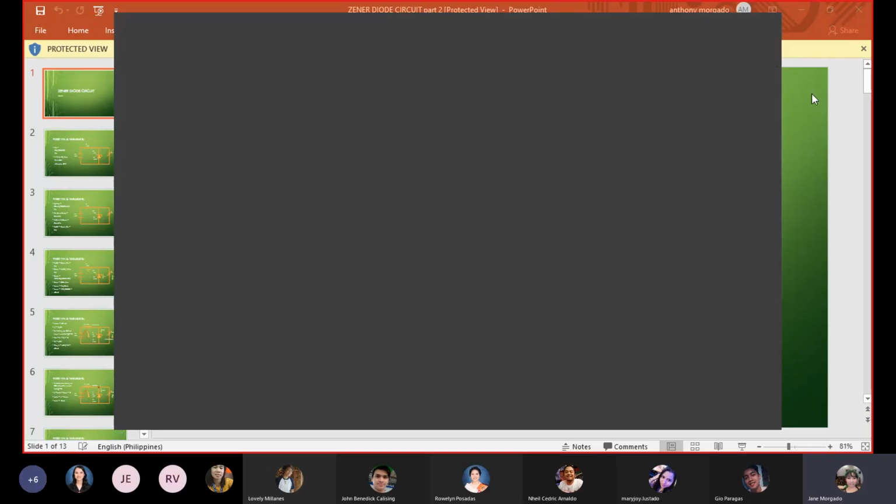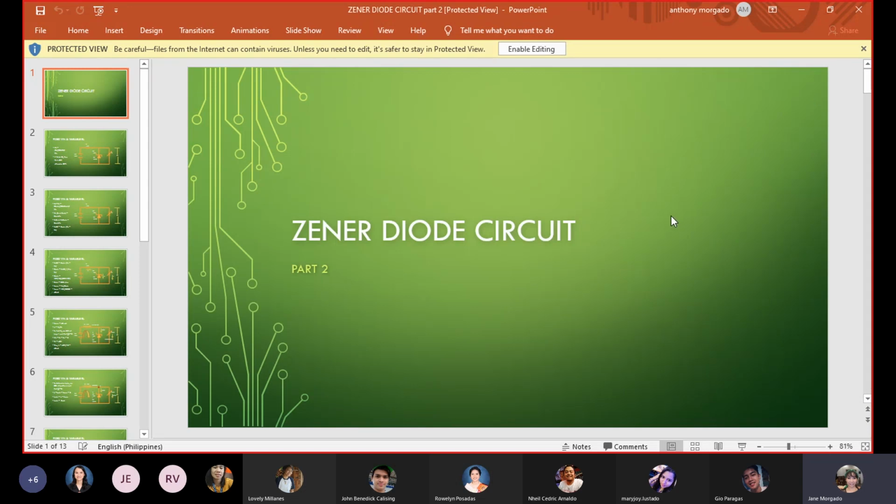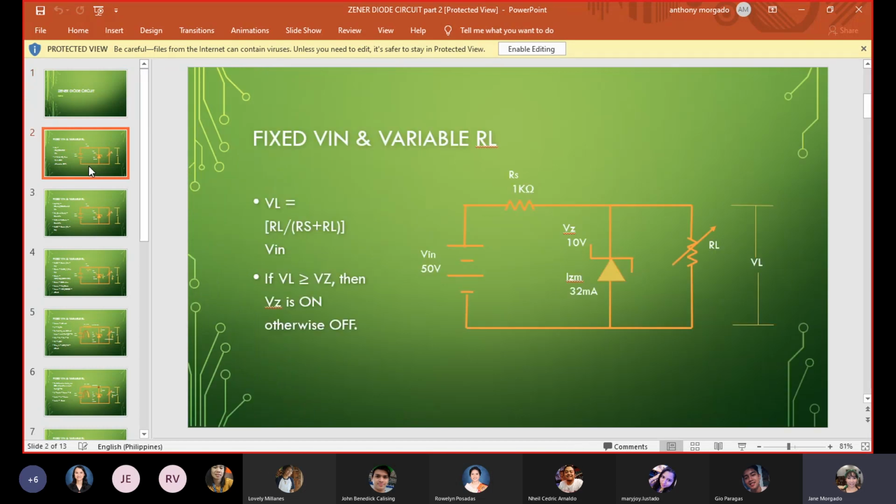Welcome to Zener Diode Applied Electronics. This is a continuation of Zener diode circuits, Zener diode circuit part 2. Yung first circuits natin last year, tagal na, no? Last year, everything is fixed. So you have a fixed input and fixed RL here. But then, as a review,